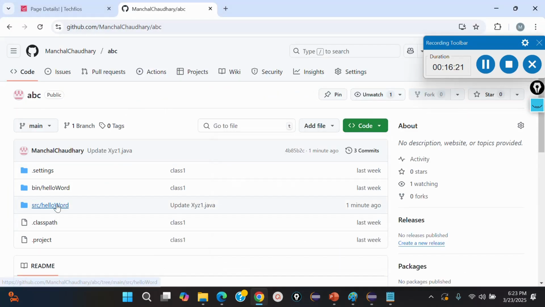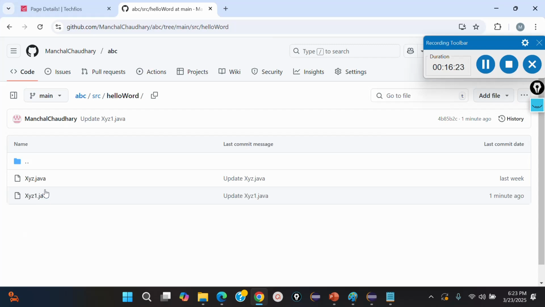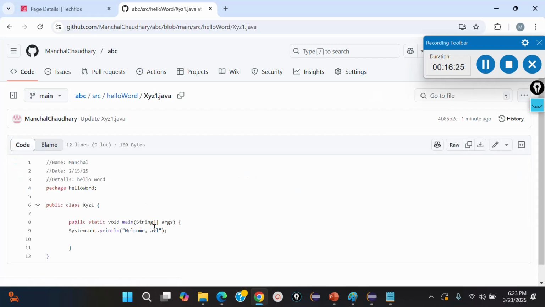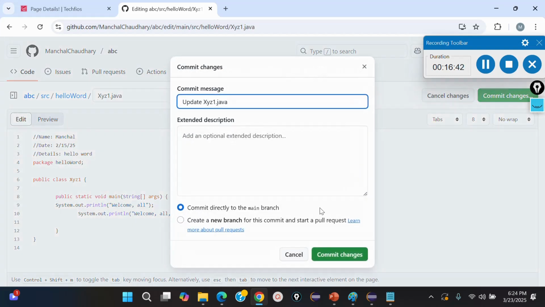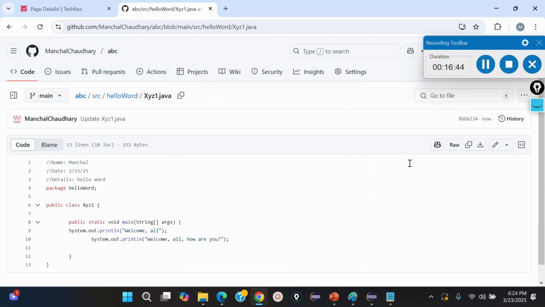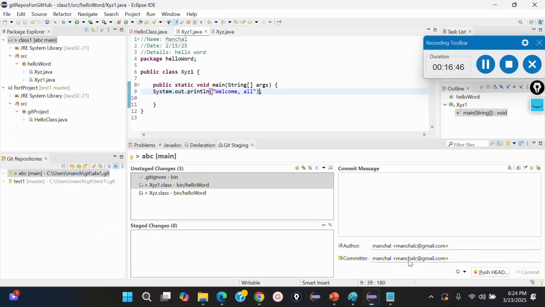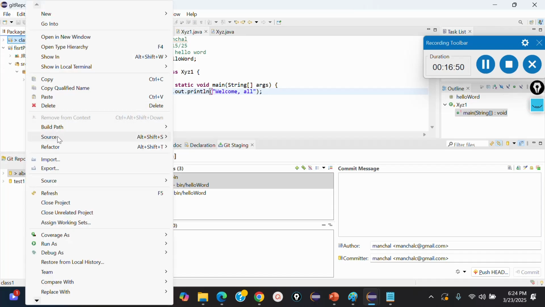Let me do one more change there. If I go to my source folder and go to, let's say, XYZ1 hello all, and one more time I want to edit it with another statement. Control C, if I do enter, hello all, how are you, right? So now commit the changes. Once I commit the changes, I will go back here and again, if I refresh it,